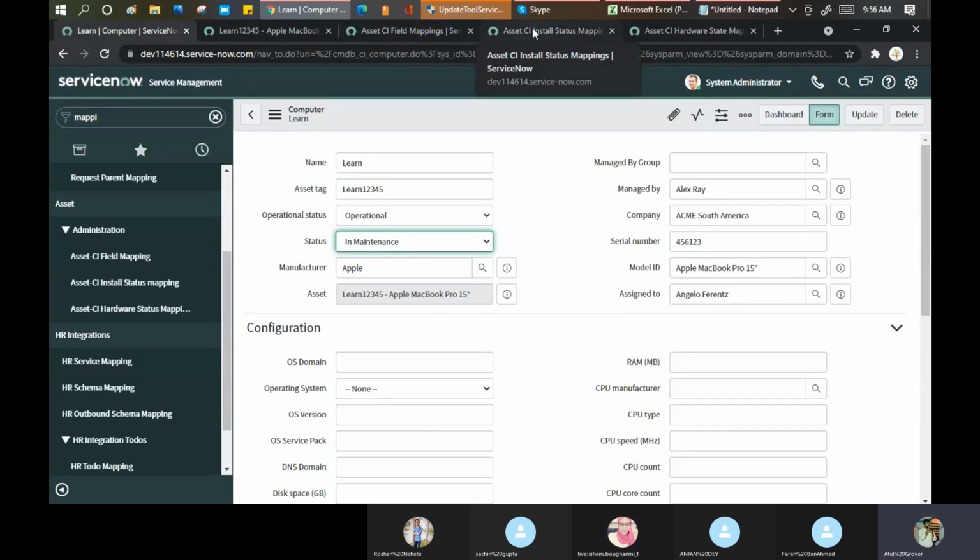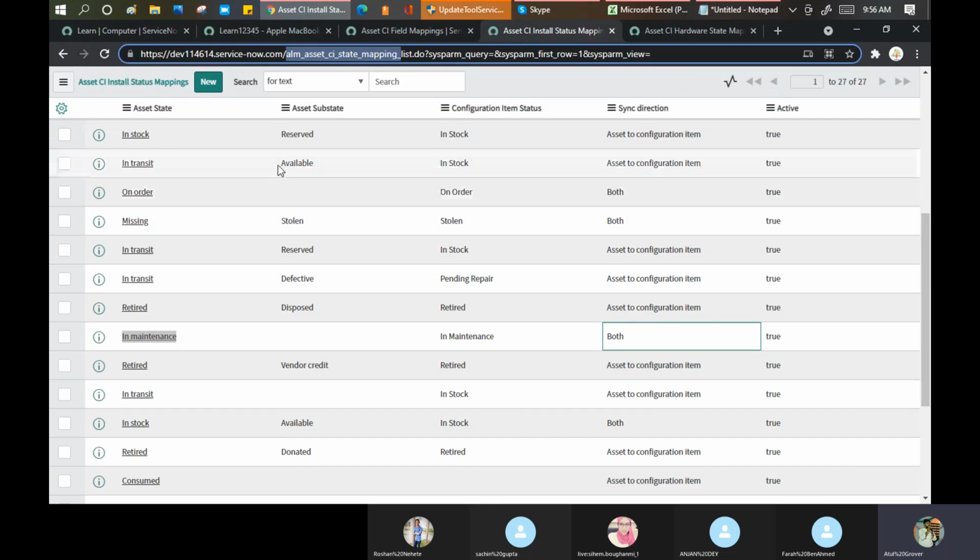We came to know that from this particular table. I put the asset state and the asset substate, and then we follow that. If I make a change in the asset, it is going to impact my configuration item.